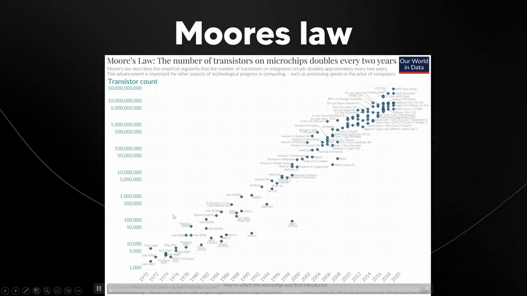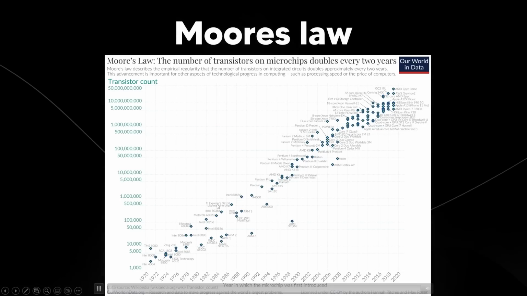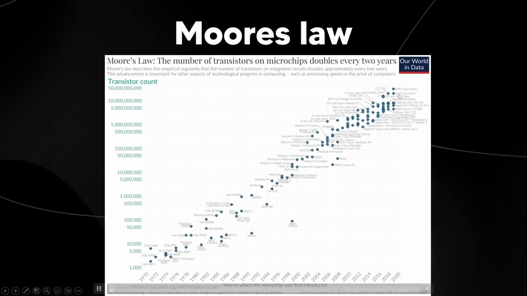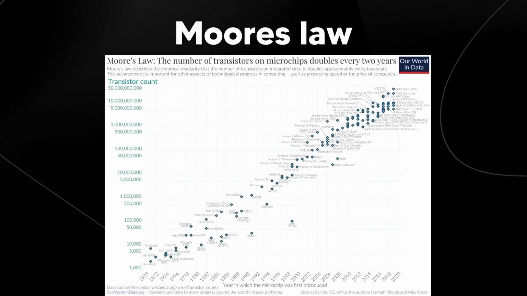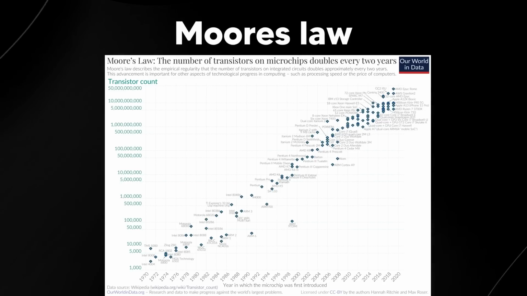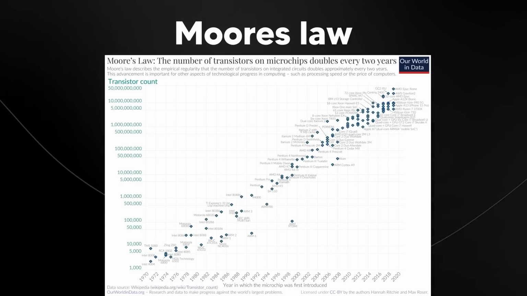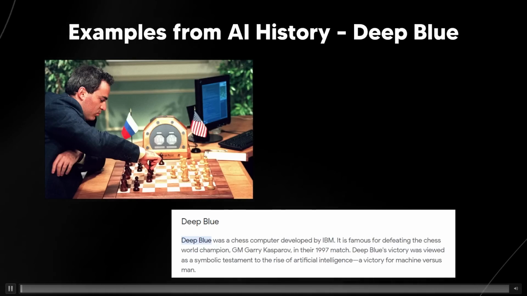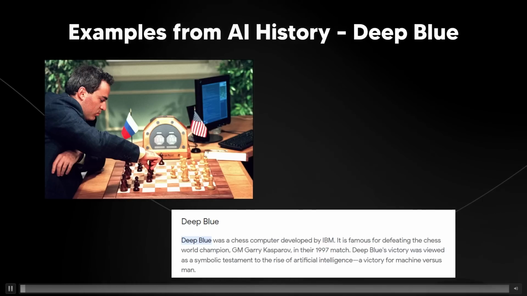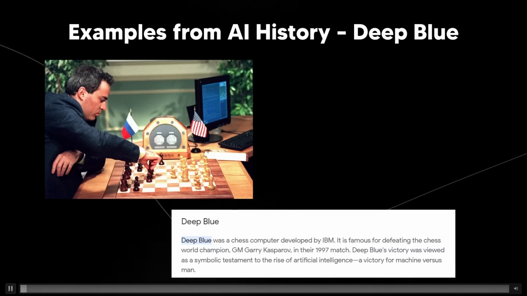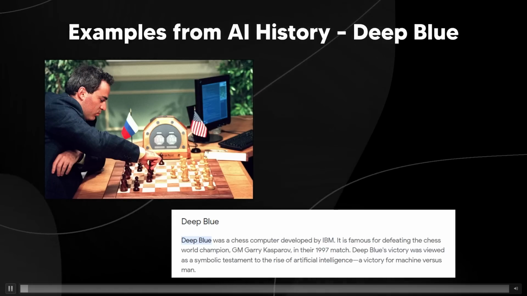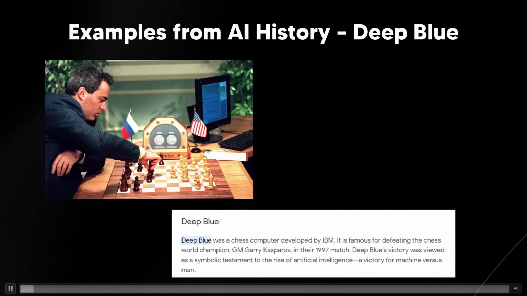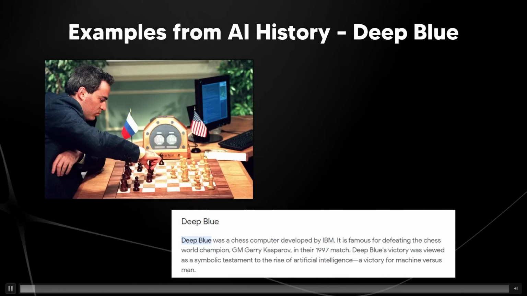So, of course, Moore's law, which essentially says that the number of transistors on microchips doubles every 2 years. And of course, this shows us that compute is going to keep going up exponentially every 2 years. Now, essentially, we do have some examples where previously we did try to use standard methods that were human-centric, and then we switched to methods that were more computer-centric in terms of how we thought about how we should train the model and what kind of data it should be trained on.